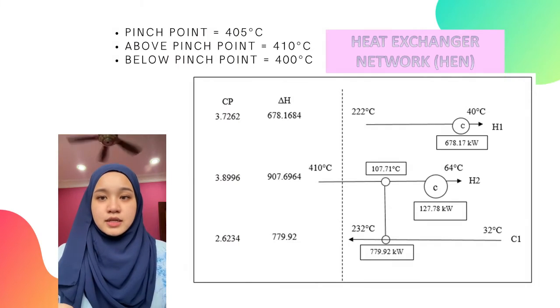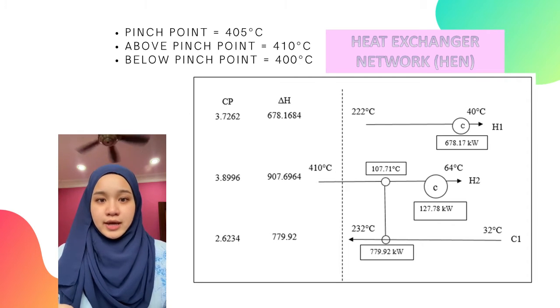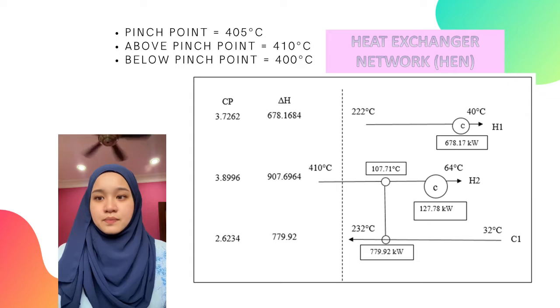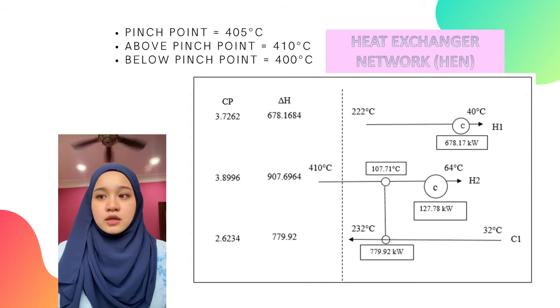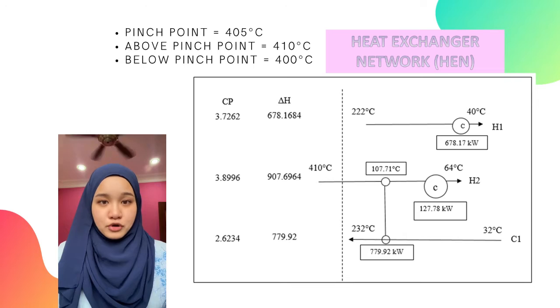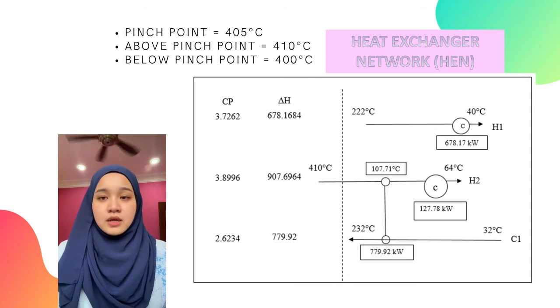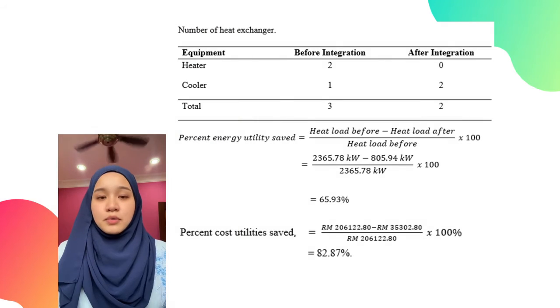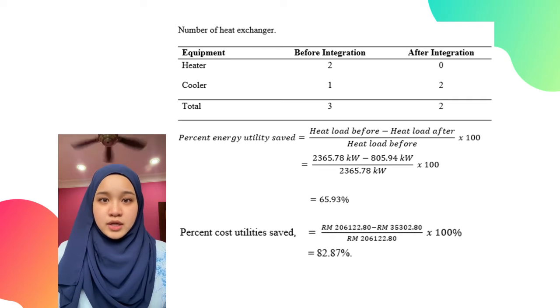In the next slide, it is shown that the heat exchanger network, HEN, of the process. We can see that a cooler is needed. There are balance of coolers for cold utilities at H1 and H2. If combined, the value is 805.94 kilowatt. Hence, in the next slide, the number of heat exchangers required is only 2